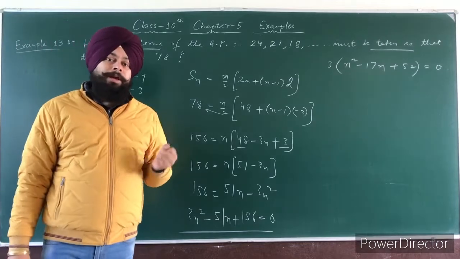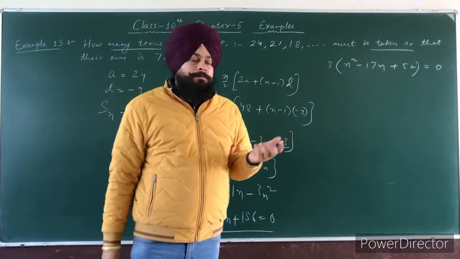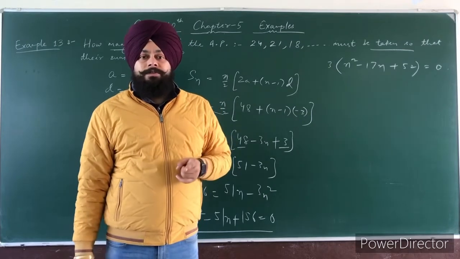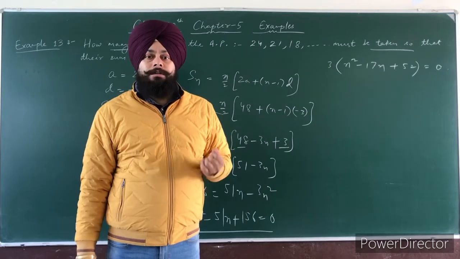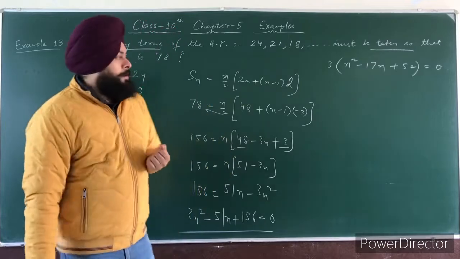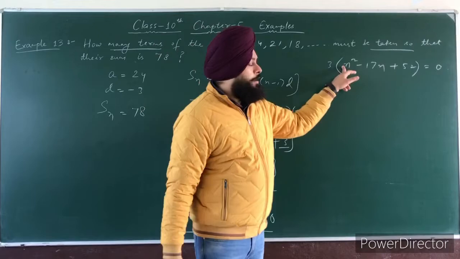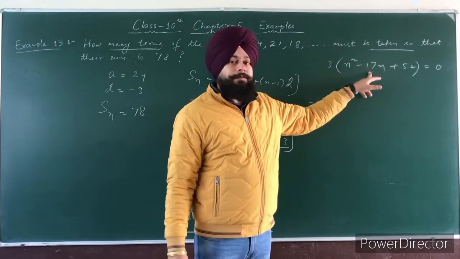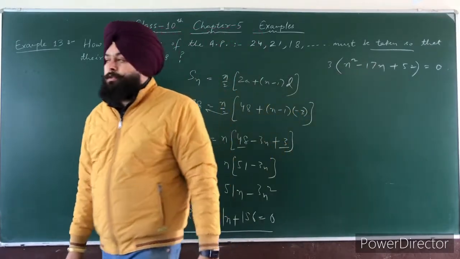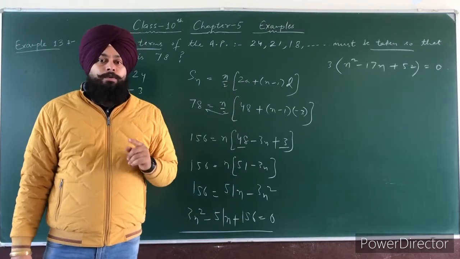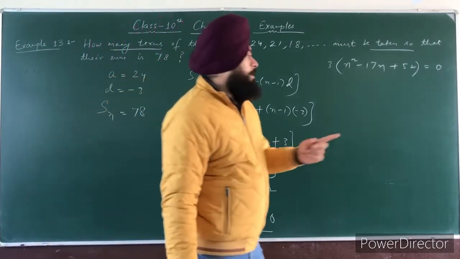Now you can solve it by any one of the three methods which we have done in our previous chapter. The first method is by factorization, the second one is completing the square, and the third one is the quadratic formula. So we can solve it by factorization. So first see, the value of a is 1, b is minus 17 and c is 52. So the factors of 52 are 13 and 4. 13 plus 4 is how much? 17, and 13 into 4 is 52.